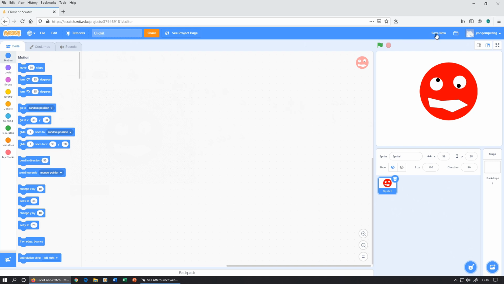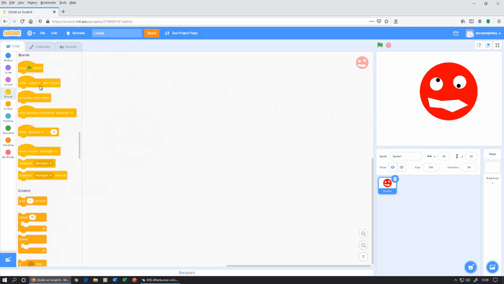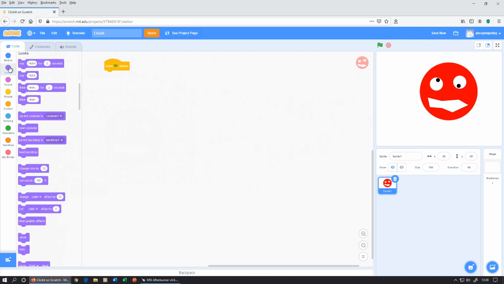Then as it starts saving, or we can click save now, we know that we're not going to lose anything if something goes wrong. So a little bit big to be moving around the stage, so the first thing that we're going to do then is have like a setup program. So I'm going to go to events. We're going to say when the green flag is clicked, then we're going to go to looks, and we're going